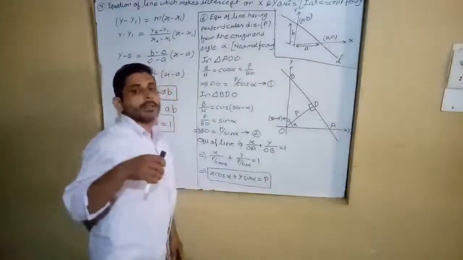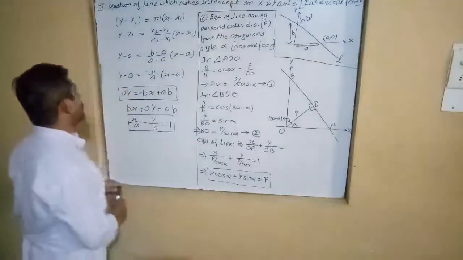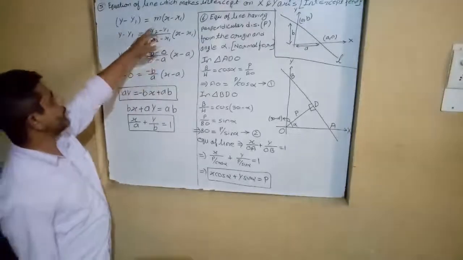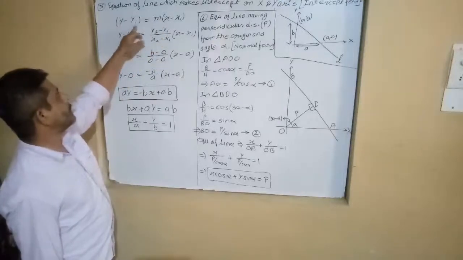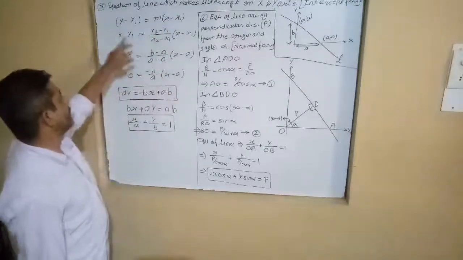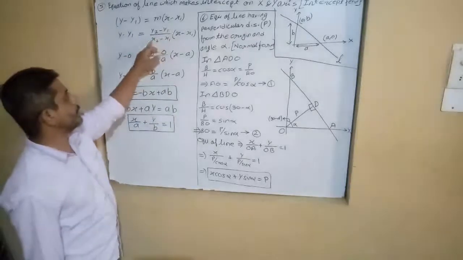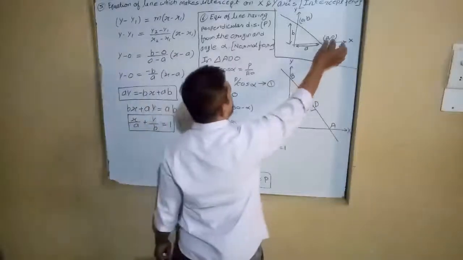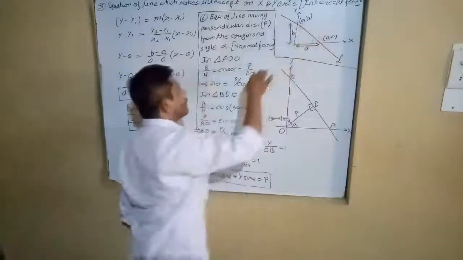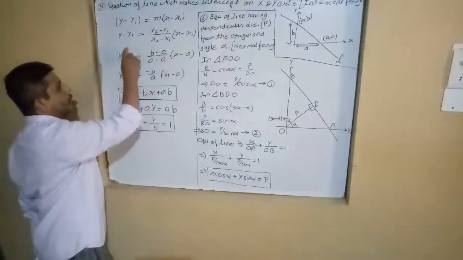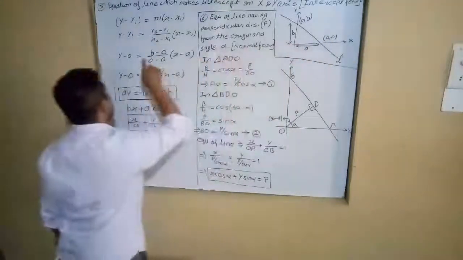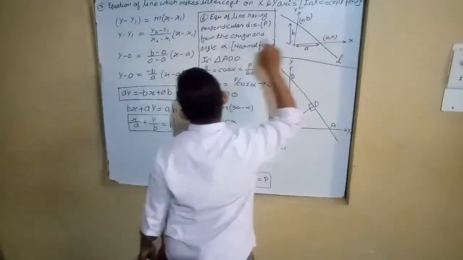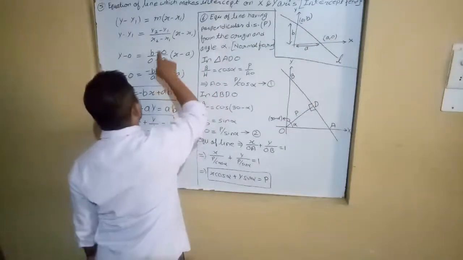So how can we calculate it, the formula. Look at here, this is the formula for a line which passes through a point and has slope m. y minus y1 is equal to m into x minus x1. So y minus y1 is equal to y2 minus y1 upon x2 minus x1 into x minus x1. Now here (a, 0) is our x1, y1 and (0, b) is our x2, y2. So put the values. What is the value of y1? y1 is equal to 0. y minus 0 is equal to y2 minus y1, what is y2? b minus 0 upon x2 minus x1.